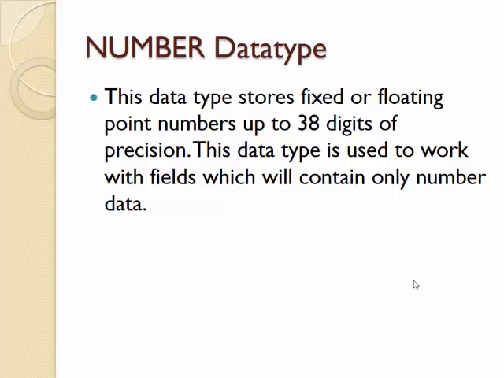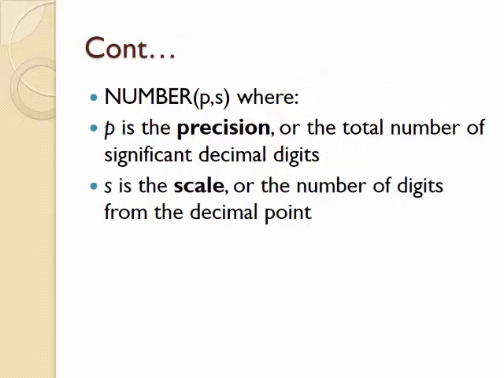The next data type is number data type. This data type stores fixed or floating point numbers of up to 38 digits of precision. This data type is used to work with fields which will contain only number data. If you want to store floating point number, then you have to use the number data type with precision as